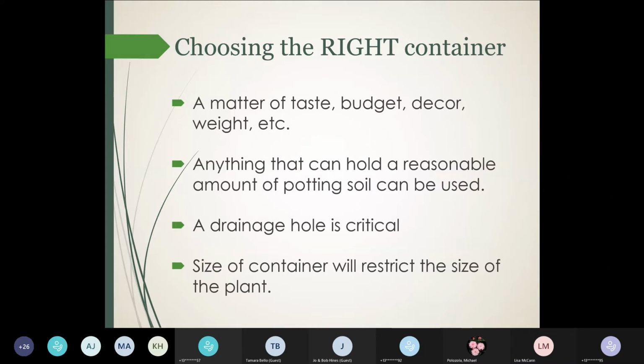We say potting soil, you'll notice it's really more of a potting mix when we get to that point in the discussion a little bit later. So you can really use any and everything that will, again, hold that potting mix in place. Drainage is absolutely critical. And one thing to keep in mind whenever we're talking about the size of the containers that are used, especially when it gets to planting perennials, small shrubs, maybe even some small dwarf fruit trees,